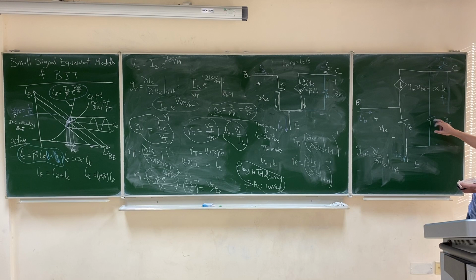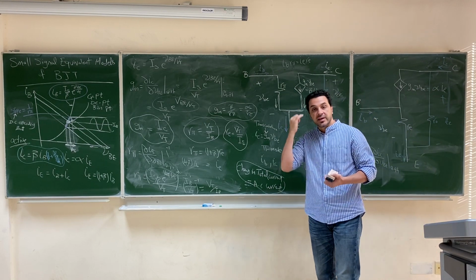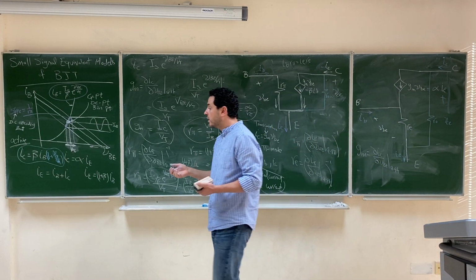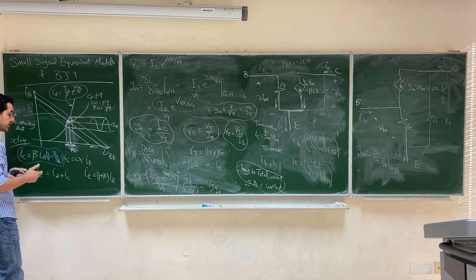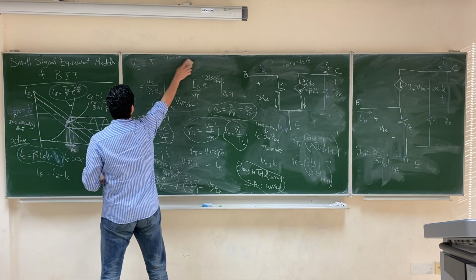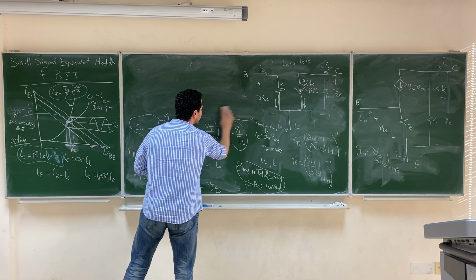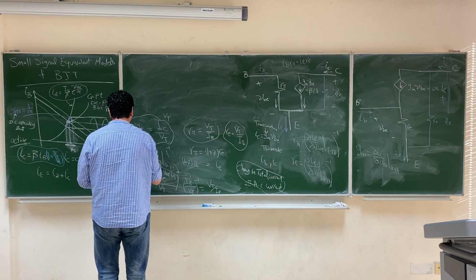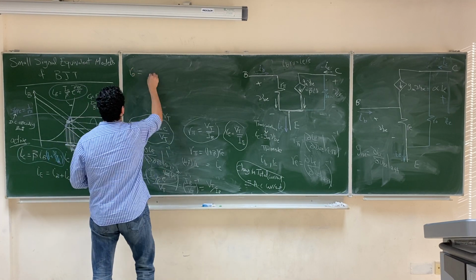How to calculate the resistance that models the linear relation between VCE and IC? Again, you have to calculate the slope between IC and VCE, and then you take the inverse. So if you calculate the slope between IC and VCE, if you take the differentiation in this relation, and then you take the inverse of the slope, you are going to calculate RO. So RO is basically 1 over the slope